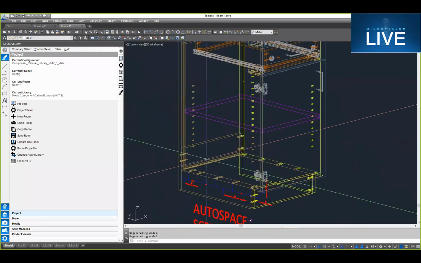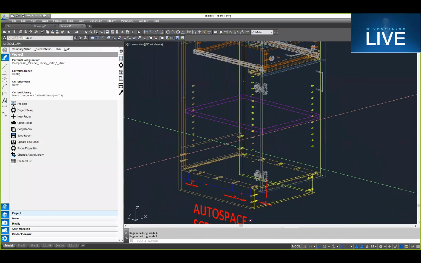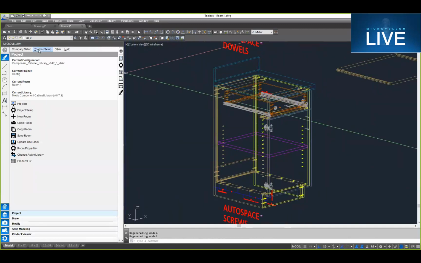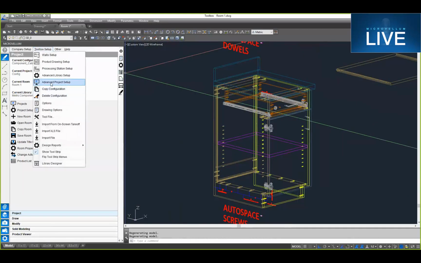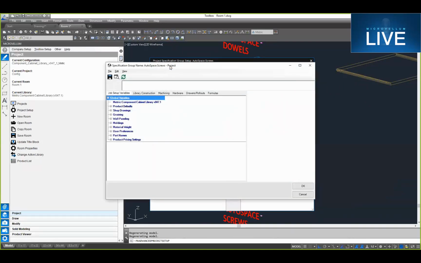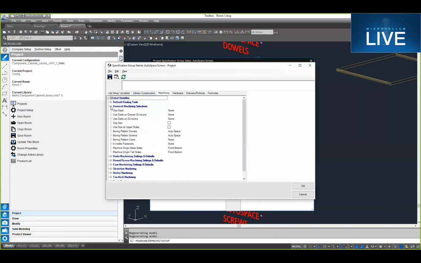And so trying to get the most efficient assembly method possible there, but then also respect your finished end conditions and find ways that you can assemble that accordingly. And so if I go to our advanced project setup here and we go to our Autospace screws, I'll just have a look at some of the things that we've changed in order to make that set up the way it is. And then the first thing, if we go to our machining settings and go to our machining selections,